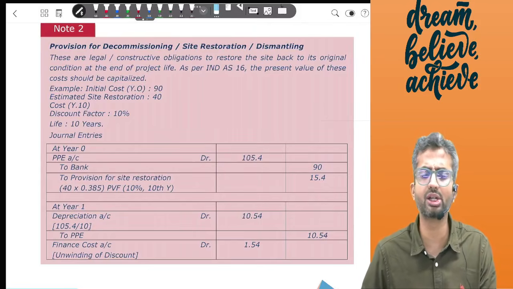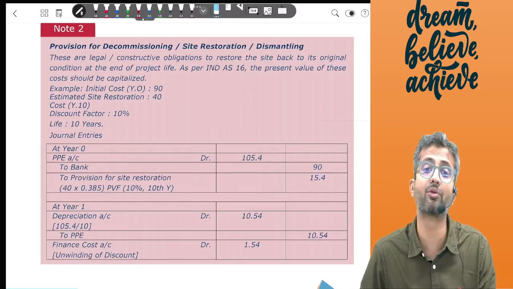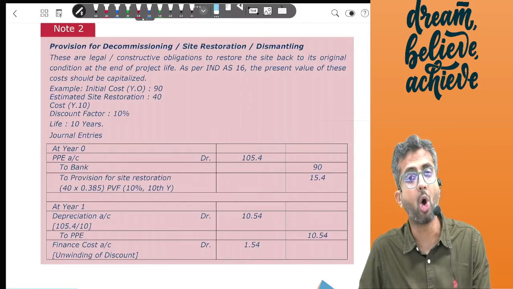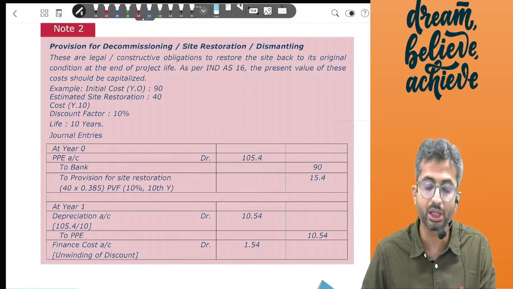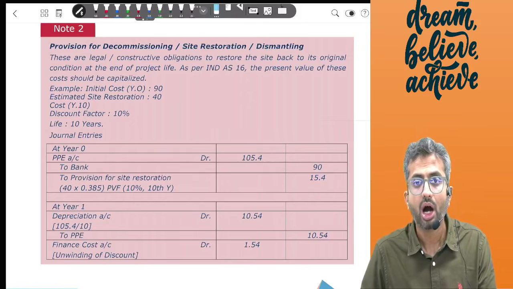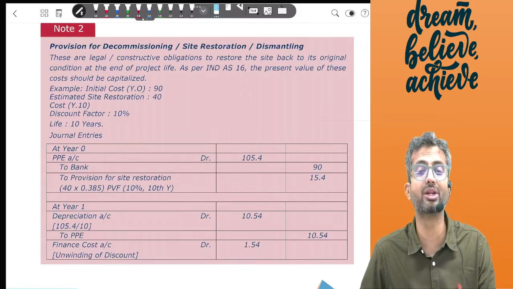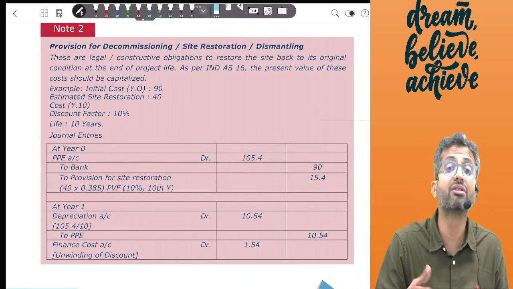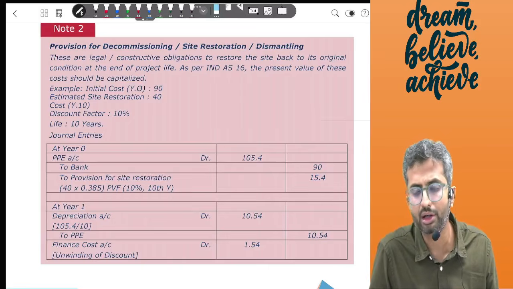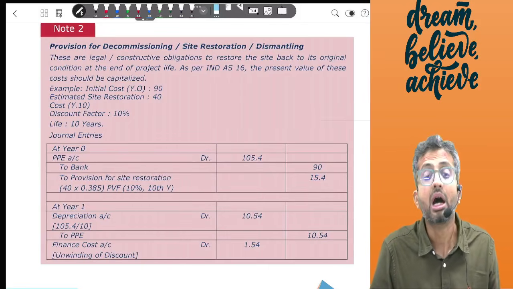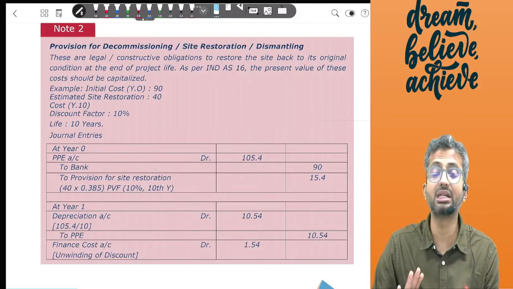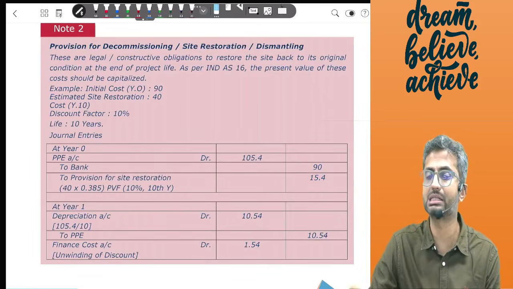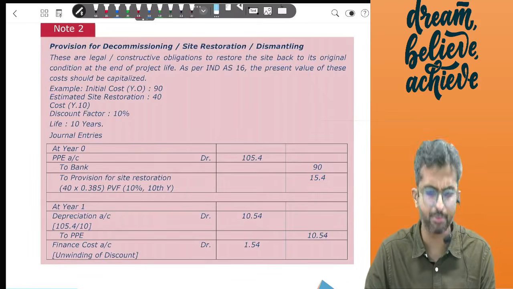Your initial recognition of the PP was based on an estimate that 40 will be incurred. Now, all else remaining constant, 50 is likely to be incurred, and hence the additional amount at present value terms will be adjusted against PP. If there's an increase in provision, PP will be debited. If there's a decrease in provision, PP will be credited by the present value. Now, this is the case if provision for site restoration is adjusted, let us say, at a later date, pertinently